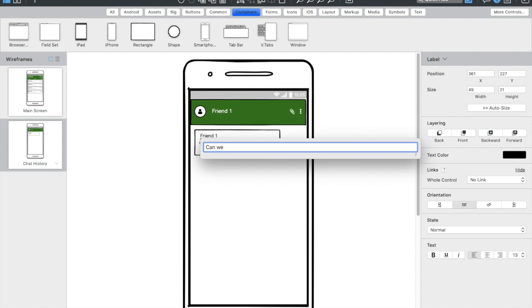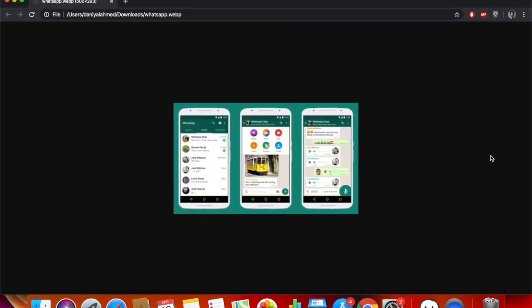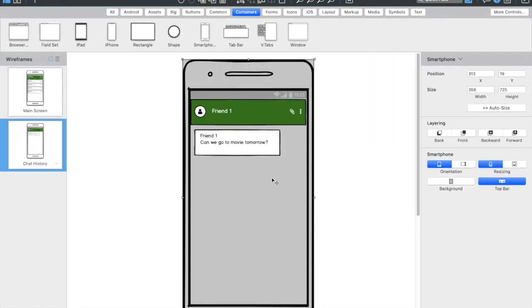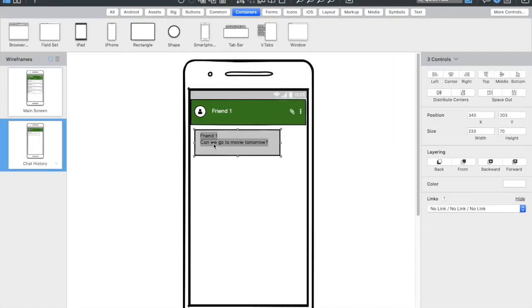the chat that I want to show from that coming friend one, can we go to maybe tomorrow, and hit enter, and the text, let me copy and paste.